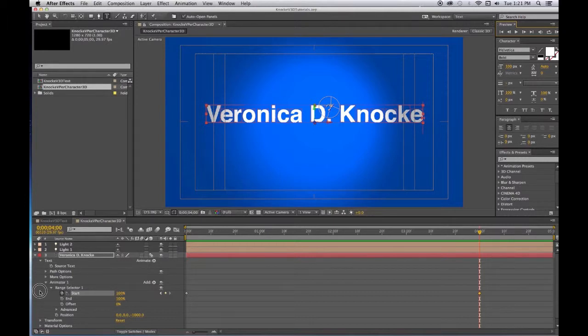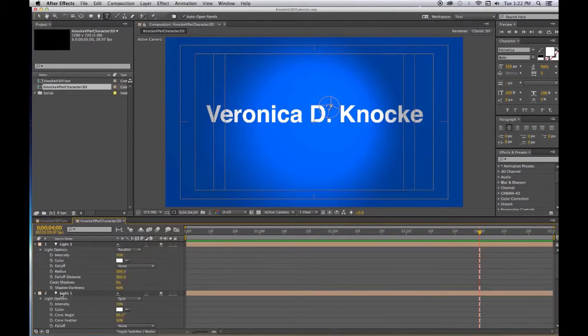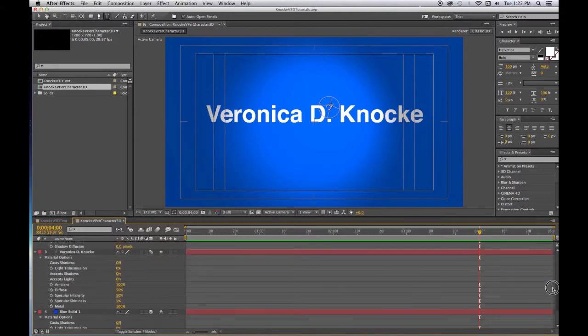First I'm going to click here in the gray, and then I'm going to press U to close everything. And I'm going to, very quickly, without any of the layers selected, press AA. And that will show me all of the 3D options for everything. So there's all my light options. And I'm casting my shadows, but there's no shadows showing, so it must be that I don't have